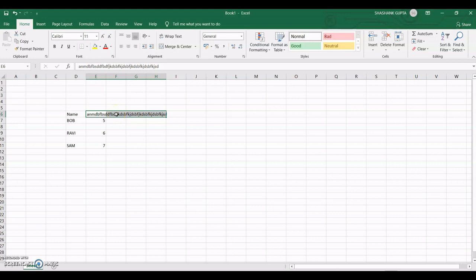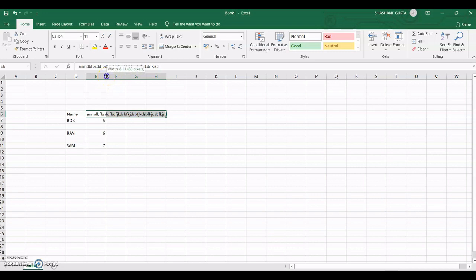But you can see that it is still present in your Excel sheet. When you double click on this cell to edit the content, that content reappears. To change the width of the column, place the mouse over the right edge of the column heading, where a plus symbol appears.